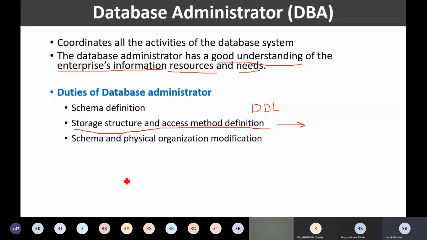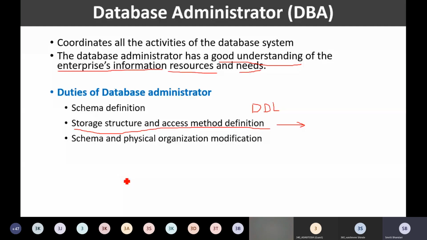So initially my database was performing really well, but after some time, or after few months or after few years, it may happen that now the performance of my system has degraded.